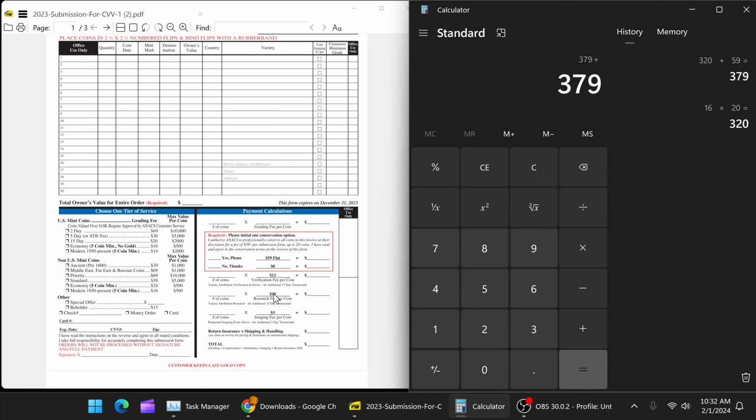So $15 is almost as much as how much it costs to get it graded. Now, I'm going to be honest with you. For $15, what I've seen in the sold section, the difference, especially if it has a higher grade than some other coins. So for like a 1959, I have two. In my last video, I showed two 1959 Indian head cents,